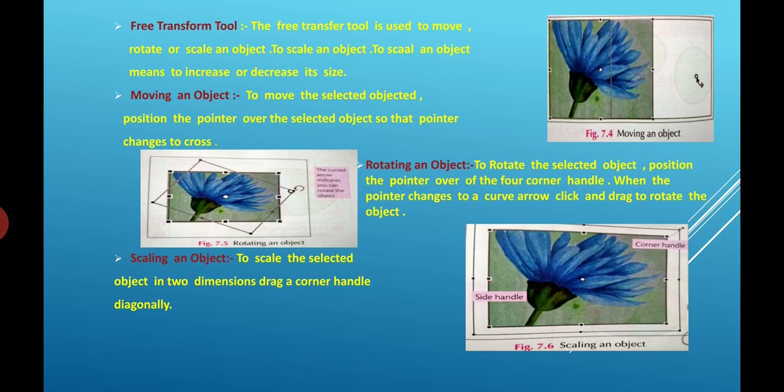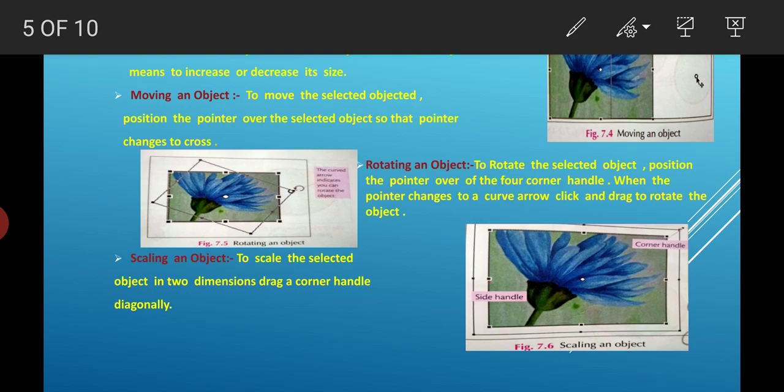To scale the selected object in two dimensions, drag a corner handle diagonally. To scale the object in a single direction, drag one of the side handles in the desired direction. Here is the figure for scaling an object. In this way you can use it for transforming an object.